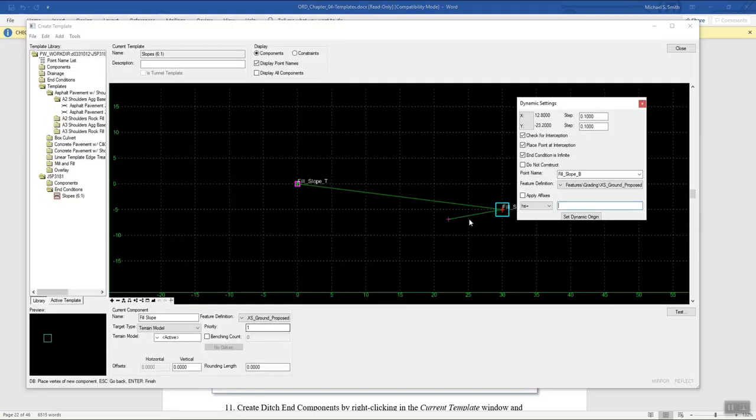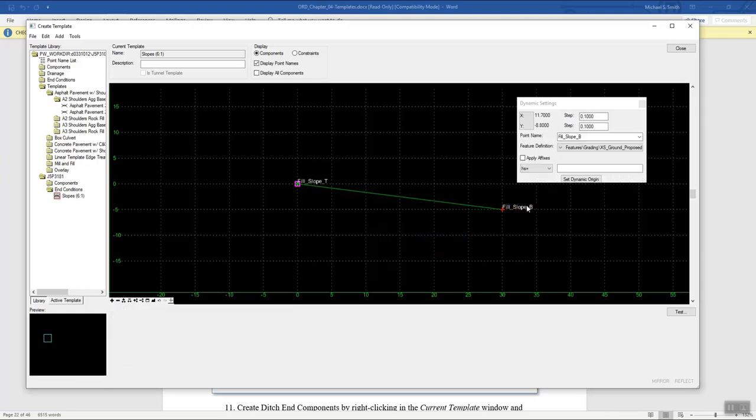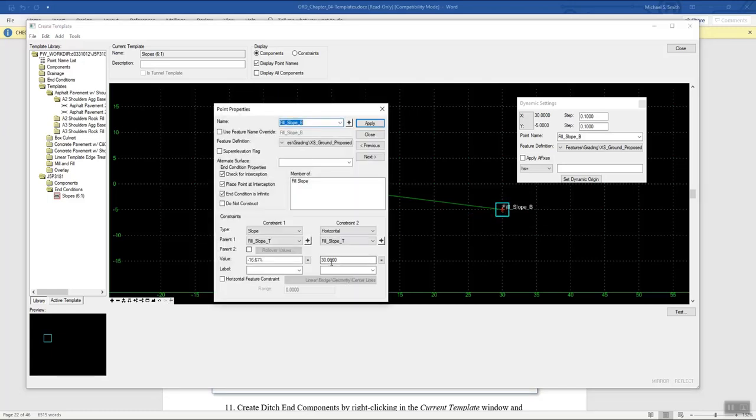So let's go back in here and right click in a blank area and select finish. Okay, if you want to see what that fill slope B looks like, you can double click on that, and you can see that it switches that to a value of a percent slope. Okay, so we put a 6-to-1 in there, but it goes ahead and puts in a percentage of slope for that